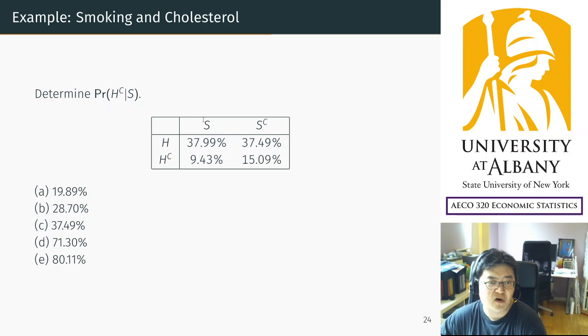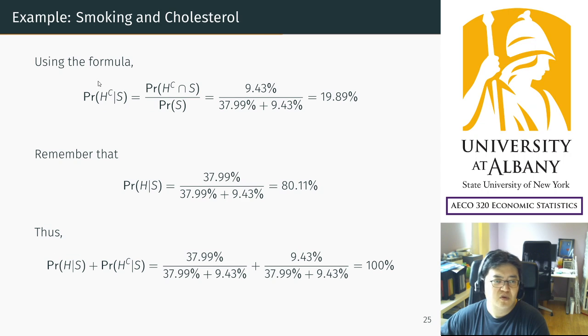Now we are conditioned on smokers, and among smokers, we are looking for the probability of not having a cholesterol problem, which is 9.43%. So you look at only the first column. Only the first column. These guys are not relevant. So look at these two numbers and calculate the proportion of this guy. So mathematically, you have this result. The answer is